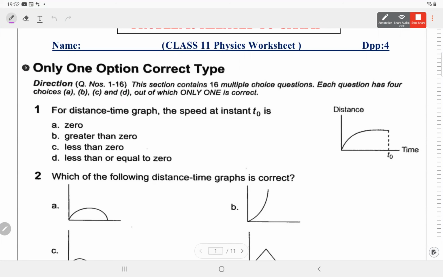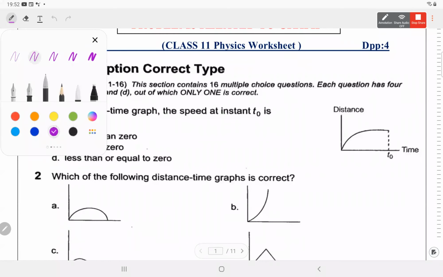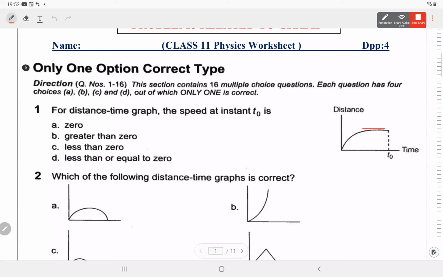Aditya: Sir, slope. Slope, right? Now at time t equal to t naught, what about the slope? Is it 0, positive, negative? Slope of tangent. So we draw a line which is touching the curve. That's called tangent. Is it parallel, or is it making an angle less than 90 or greater than 90? Sir, 0, because it is parallel. Yes, it will be 0. Right.